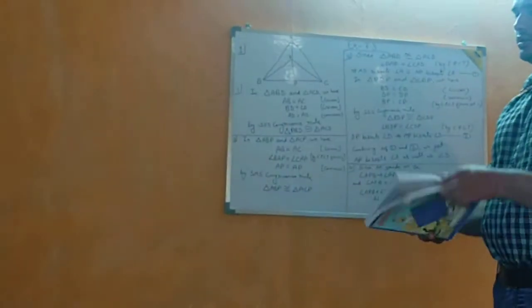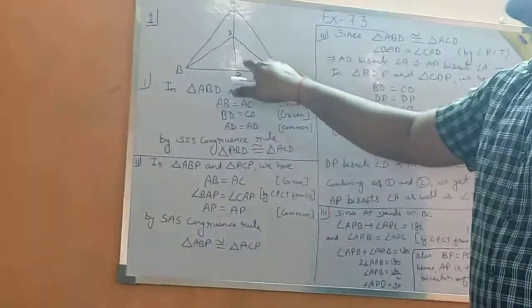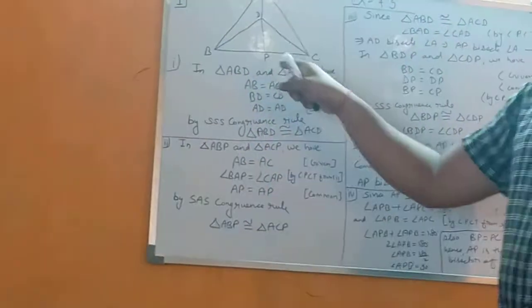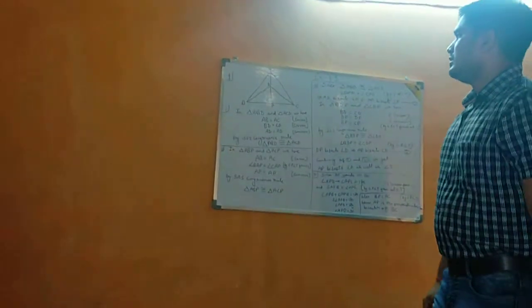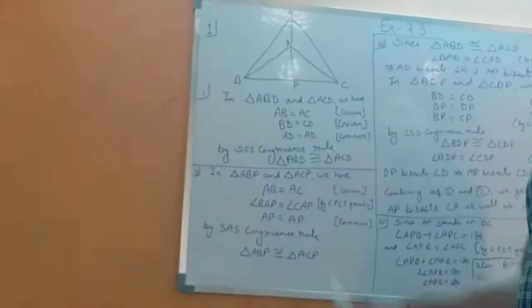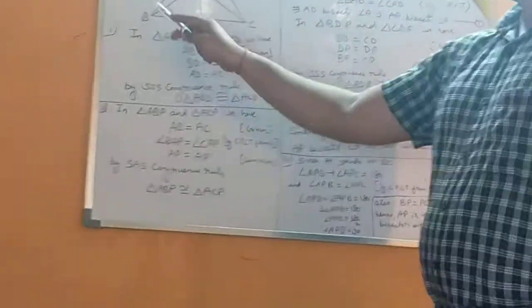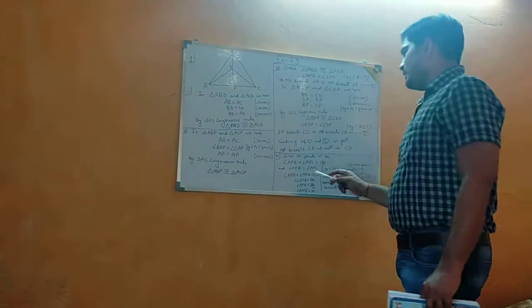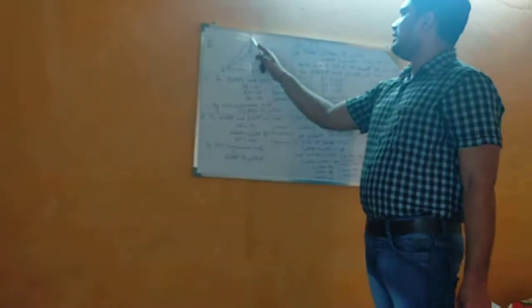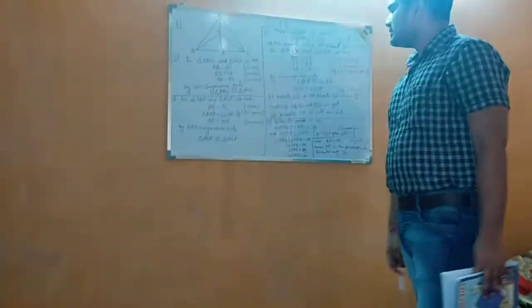So as you know, students, this is our line and point P lies on a straight line. When there are two angles on a straight line, we can write that the sum of both these angles is 180 degrees by linear pair. So here we write angle APB plus angle APC equals 180 degrees by which property? Linear pair. And as you know, angle APB and APC are equal by CPCT from solution second.